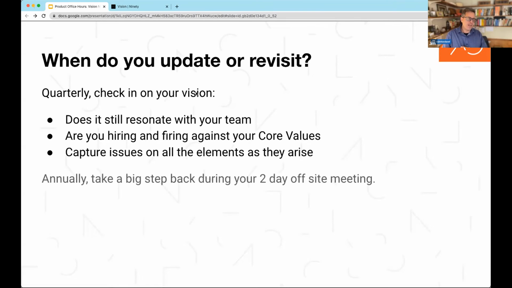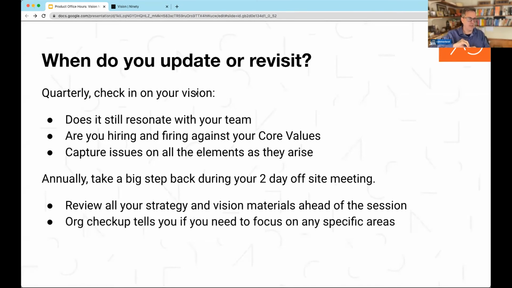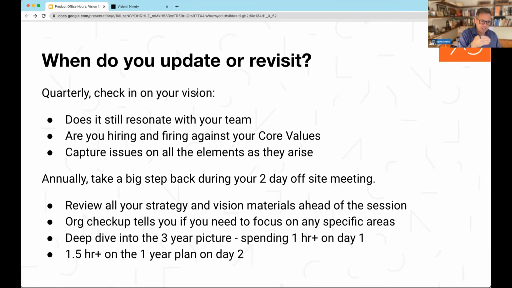Because at the annual is when you're taking another step back. Say you're climbing the highest you're going to climb on the tree to look furthest out, and that's where you consider things like your SWOT. Like, where do I sit in the marketplace? Where are we as people in this organization? We're going to, on purpose, reset our 3-year and 1-year plans, because we've got another time frame to look out. But it's appropriate to spend some time looking at all the materials and making sure it's still serving the way it needs to. Because sometimes, yes, we want to make sure our core values last for 100 years, but